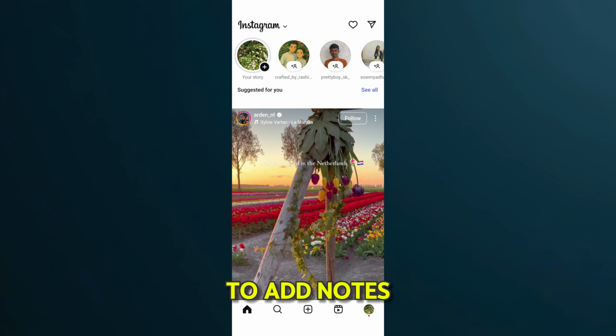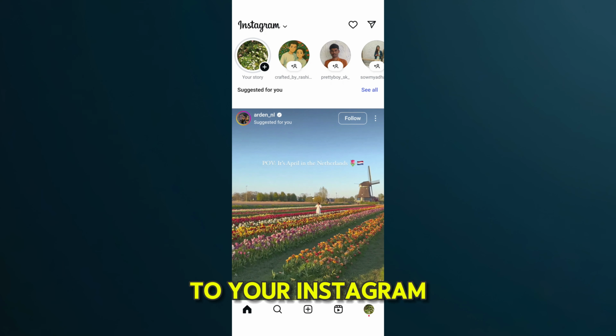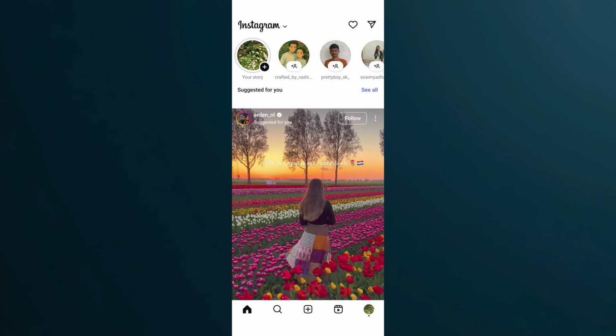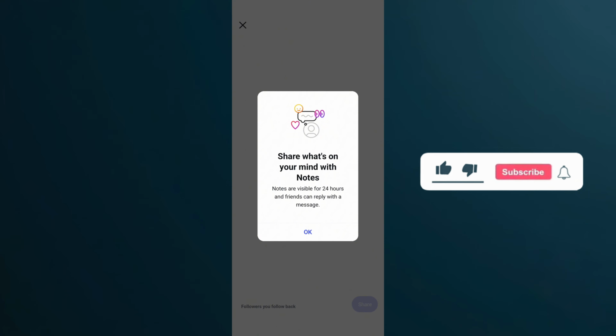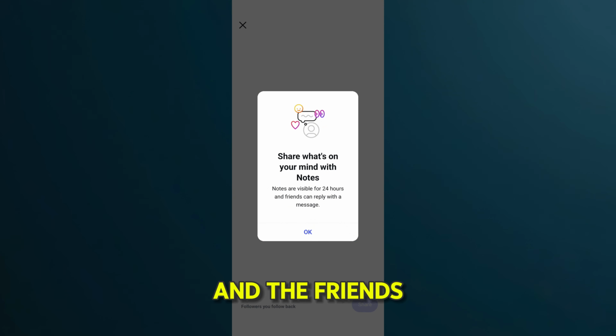I'll guide you to add notes on Instagram. For that, go to your Instagram. Here you can go to the messages and there you can find your note. From there, tap on it, and now that shared note will be visible for 24 hours and your friends can reply with